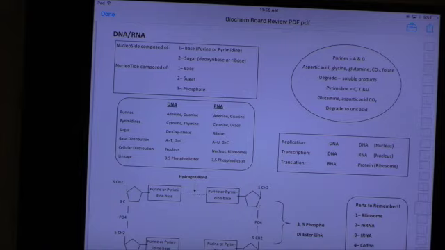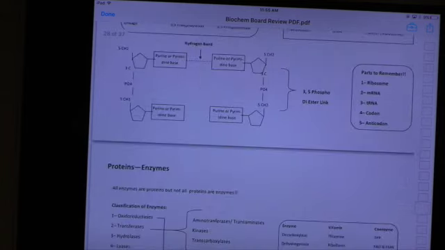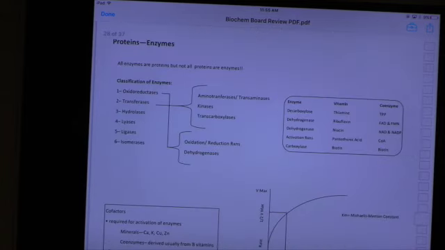Please don't write chalk on boards. They ask you to. Or you could go in the back and describe the whole process, and maybe they'll give you partial credit. All right, proteins. We're going to stop there because these next 3 pages go together, so let's stop there. We're doing really good.